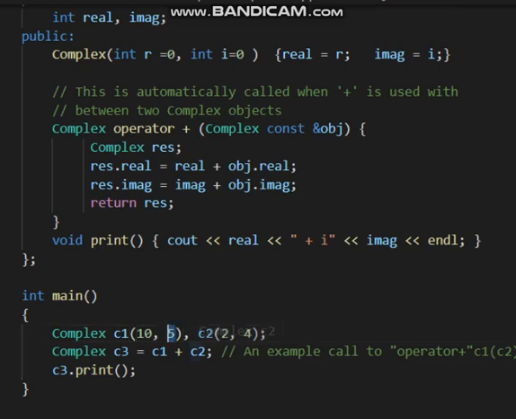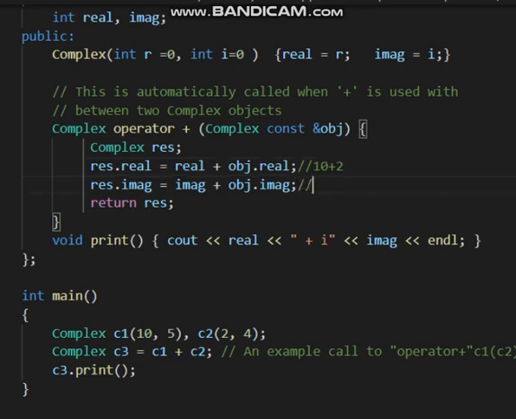Now when we add c2, it will move into the parameter. The object c2 has real as 2 and imaginary as 4, so object dot real will become 2. Already we have 10 as real from c1, so this becomes 10 plus 2.